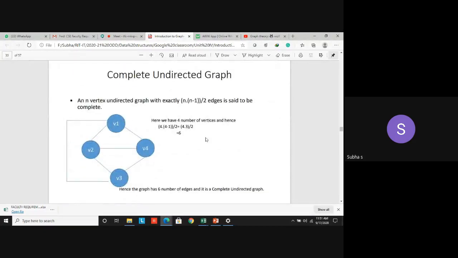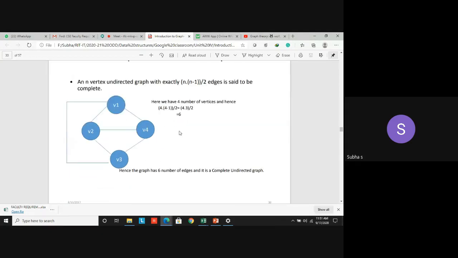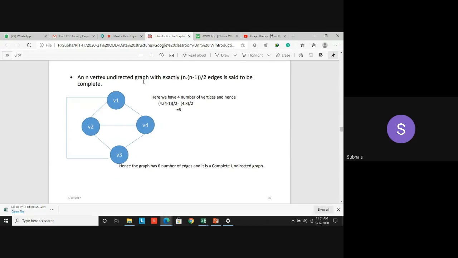So you can see this one. Is it a graph? First tell me. Can we say it is a graph? Yes. You must have at least 2 nodes and 1 edge, or any number of edges is possible. It's not necessary that all nodes should be connected to all other nodes. That's only for a complete graph. So this is a graph. There is a path from V1 to V3. Similarly, a path from V1 to V2, V4, etc. Using n number of vertices, we can calculate the edges by using the formula n into n minus 1 by 2.